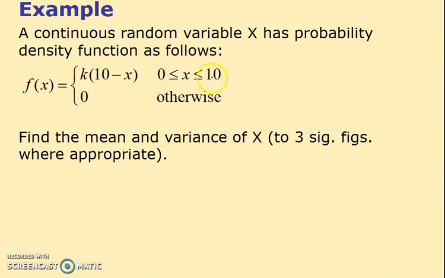Now this one, first of all, it doesn't tell me what k is. And I think I'll probably need to know what k is. So without knowing k, I'm going to have to do a bit of work. So to find the k, do you remember from last time, I think it was exercise 7a we did this, you integrate, in this case from 0 to 10, of the function. I'm going to multiply out the bracket, so it's 10k minus kx dx. And notice on this, because I'm just trying to find this,